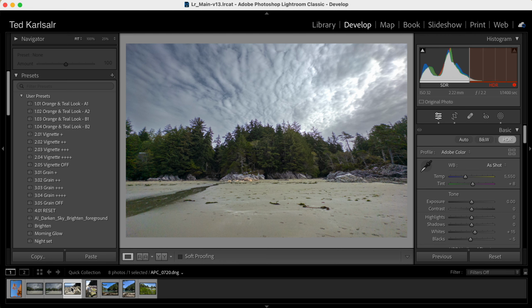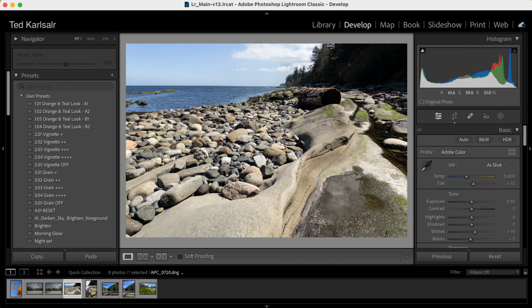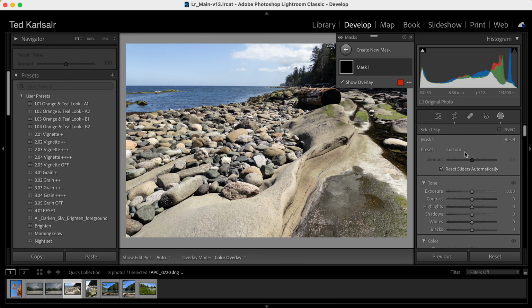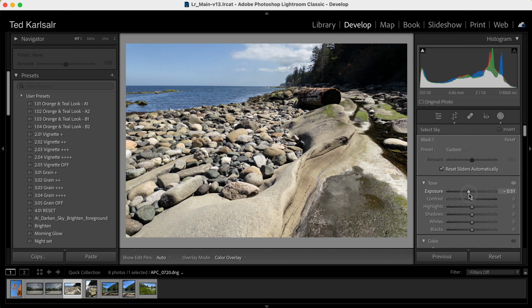In this example, the foreground, I want to make this part of the foreground darker. I want to make the sky darker, and I want to make this part of the image brighter. Now, it's a little bit of a challenge because first of all, I can do the same thing. I can go to sky, it will pick up the sky, and then I'm going to drop the exposure of